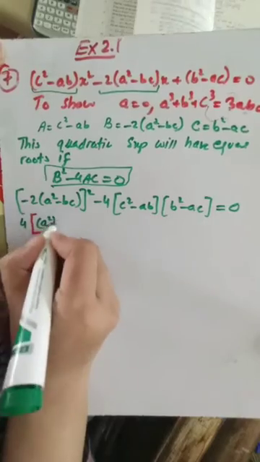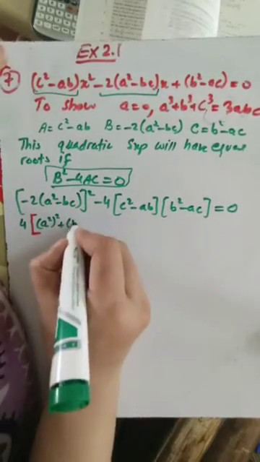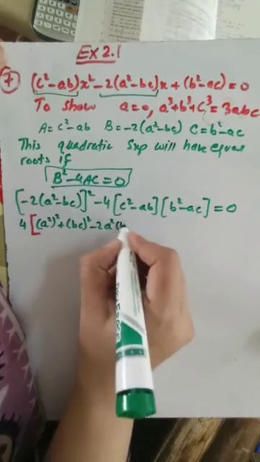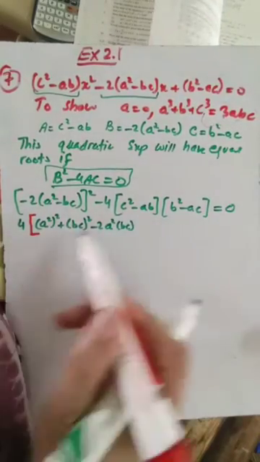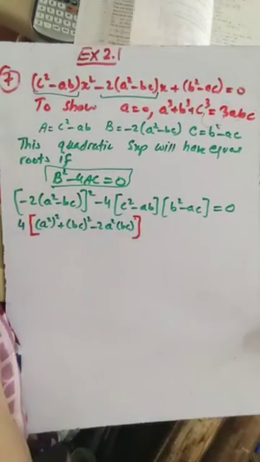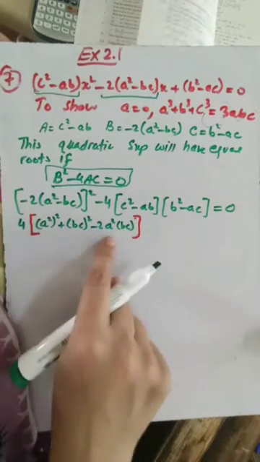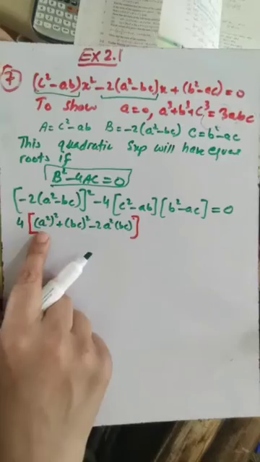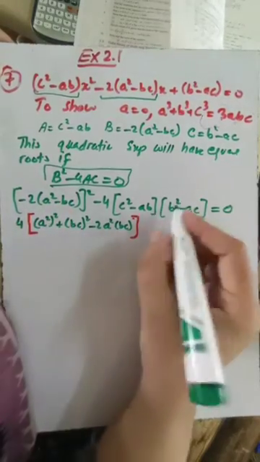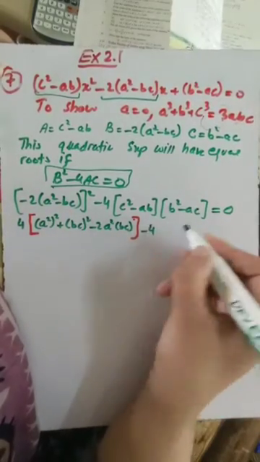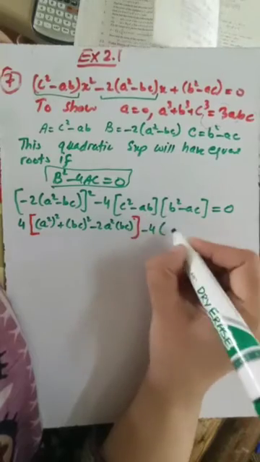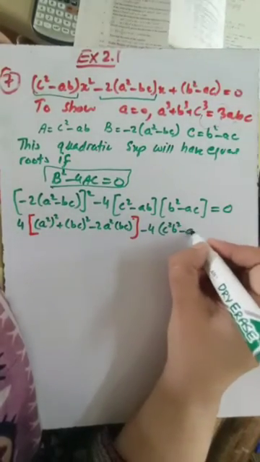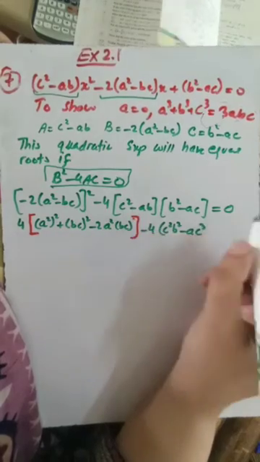this will be a square whole square plus bc whole square minus 2 a square into bc. Here I have used the formula (a minus b) whole square, okay, a square plus b square minus 2ab. This is a and this is b, and I have used the formula (a minus b) whole square. Okay, minus 4, multiplying these two, I am going to get c square b square minus ac cube